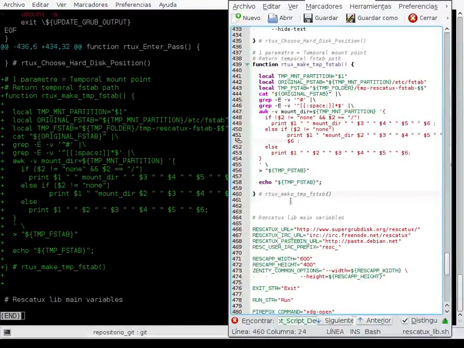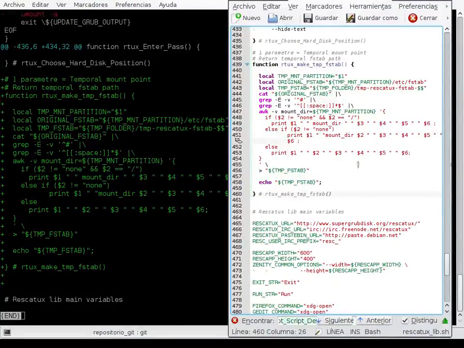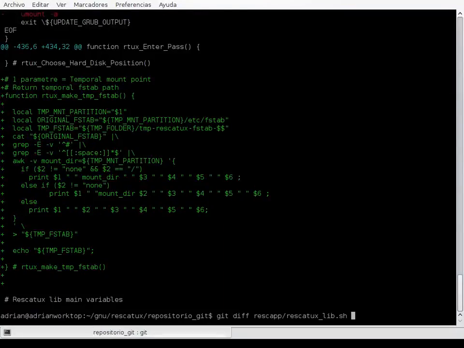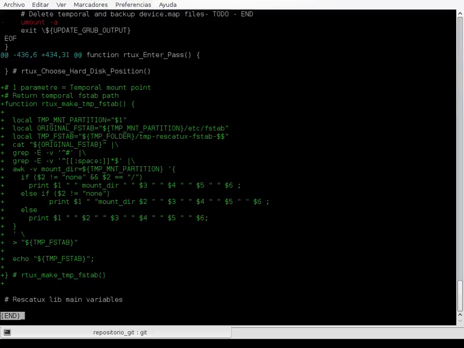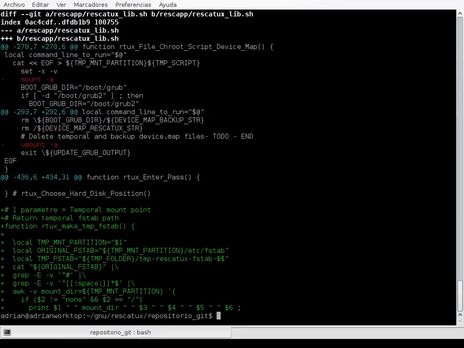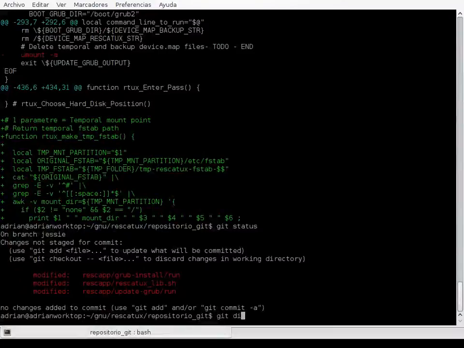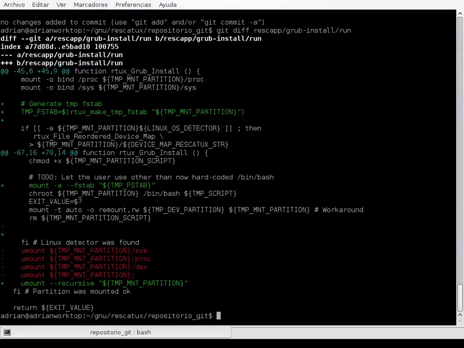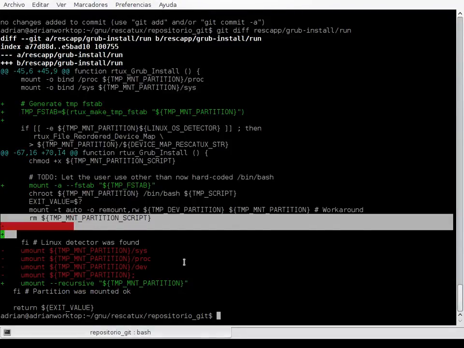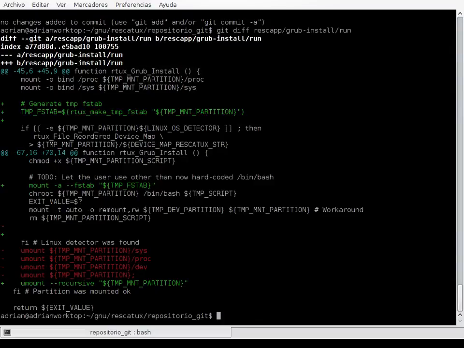No, we don't. We are going to just add 1 so that it's like it was. Yeah, I just add this. Okay, so there was a problem with rescap grep install run. Do you remember it? We have this line here, which is, oh my god, this line. So we're going to use the git add